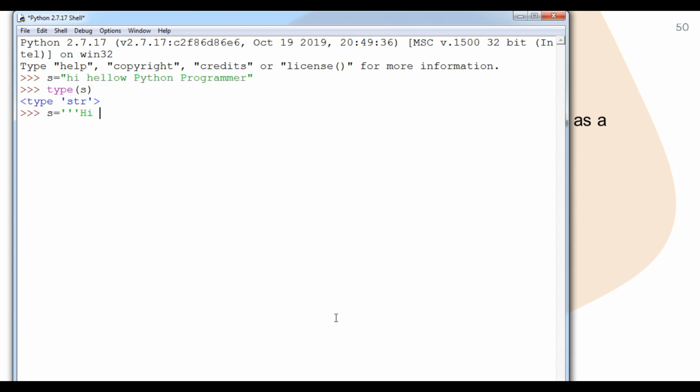So here, hi, Don Bosco School, and then after that I have to enter how are you. Here I have made a triple quote string with multiple lines. If I print s, you can see that a slash n has automatically come. Slash n means new line. I will tell you what that is after a few seconds. So you can see the string contains multiple lines.